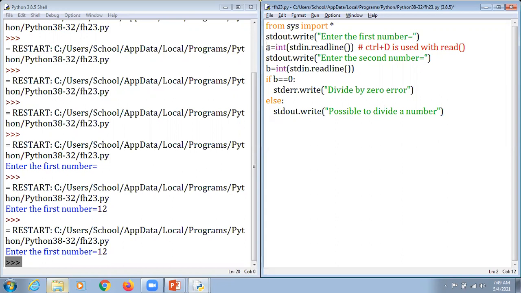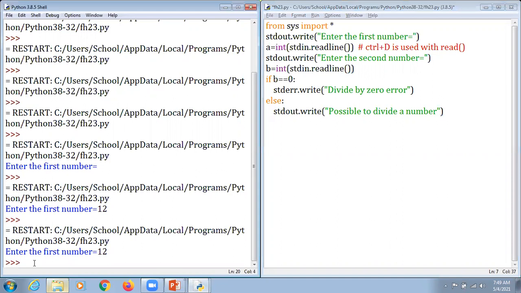And instead of using an input function here, we are using stdin, that is a standard input function. Similarly, we can use this on these two lines. If b is equal to 0, meaning the second variable is storing a value of 0, then it is just going to display an error here, that is the divide by 0 error.